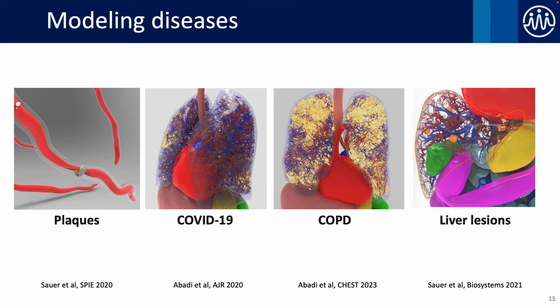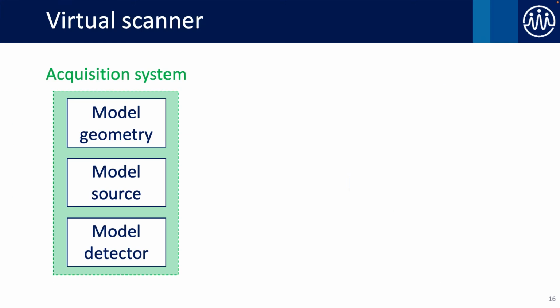We also need a virtual scanner, because this is an imaging trial study. So we also need to create virtual scanners. And how does that work? For virtual scanners, the main idea is that you would create the acquisition system first. So for the scanner that you're modeling, what is the geometry of the acquisition? What is the physics of the source or the detector? Here in particular, we're doing CT, so we need to make sure that we understand the geometry of how the X-ray